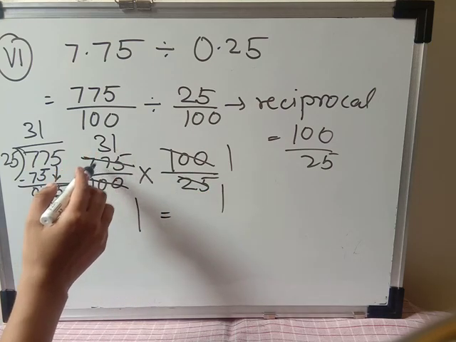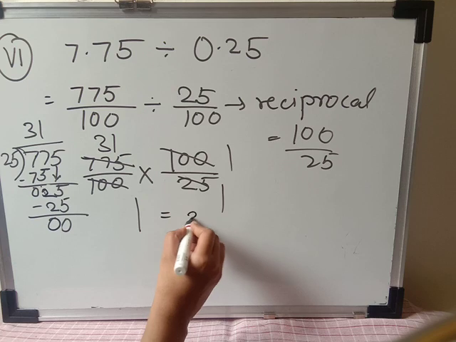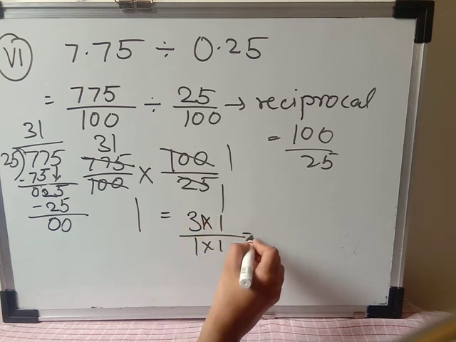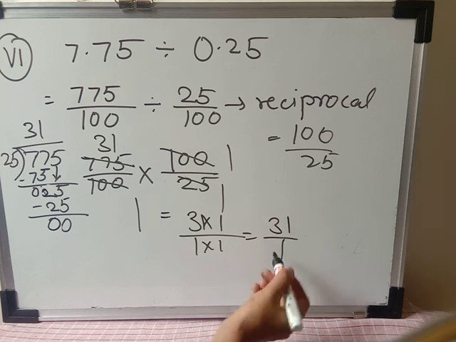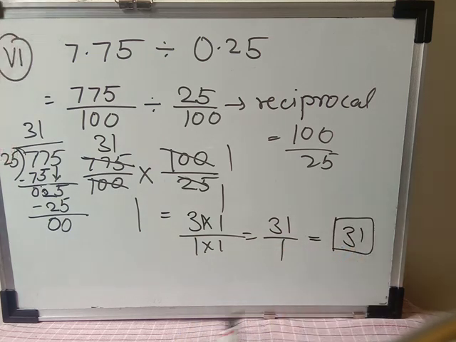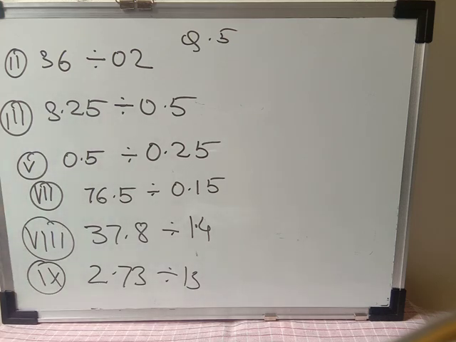25, 30 ones are 775, and here 31 multiply by 1 and 1 multiply by 1 is equal to 31 upon 1. So if denominator is 1, it means that is a whole number. So here we got the answer, that is 31. So here we have solved 3 examples. The rest of the example you have to solve, and I am going to solve the 6th example now. So from question number 5, these examples you have to solve as a homework. Please note down in your notebook.